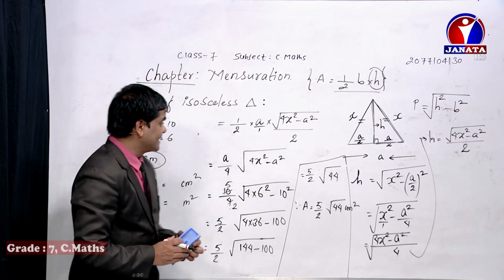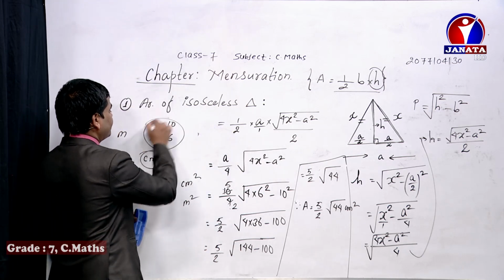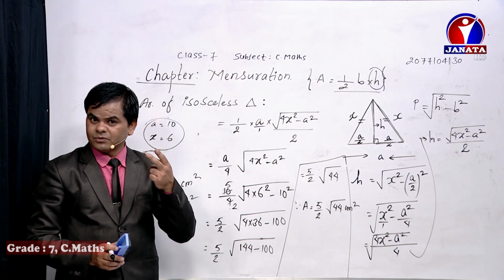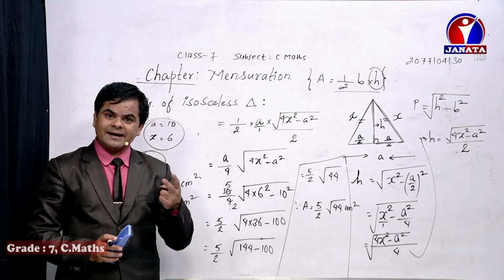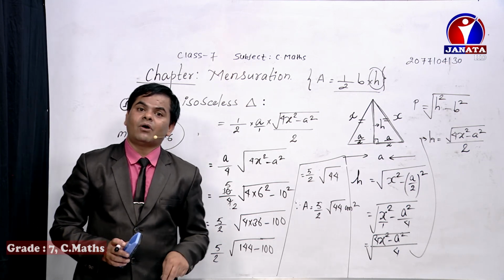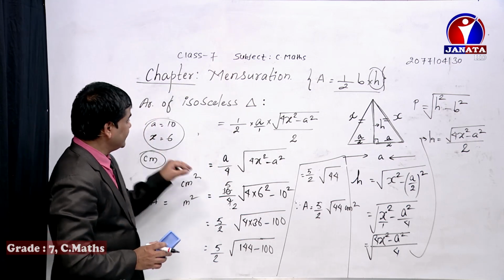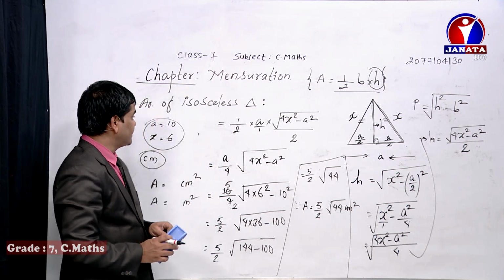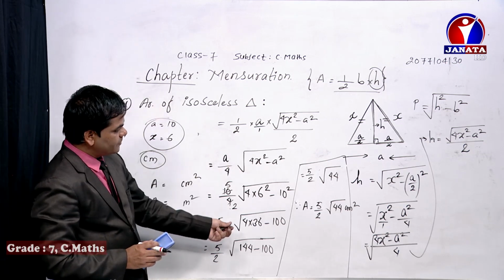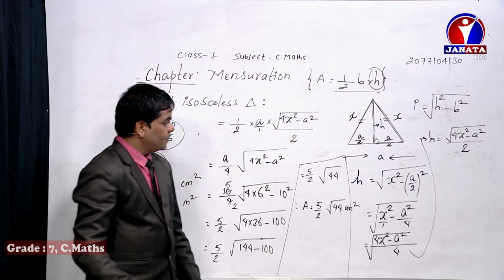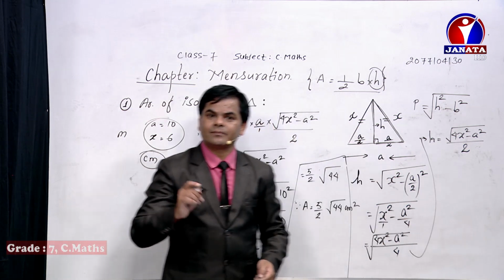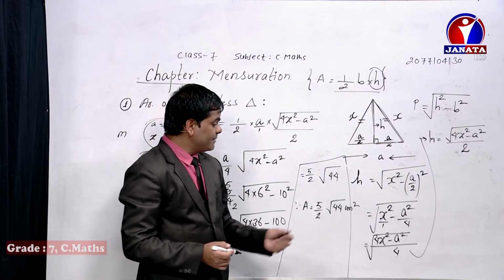And whenever a question is given, the two sides will be given, one equal side. Among the three sides of the isosceles triangle, two sides are equal to each other, and the non-equal one will be given. So by using those two dimensions of the isosceles triangle, you can find out its area. So this is the way of deriving the formula. But dear student, you don't need to show all this. You need to do it roughly in order to remember the formula.